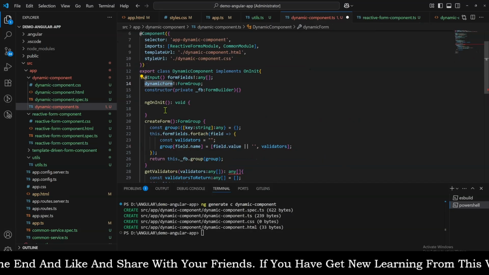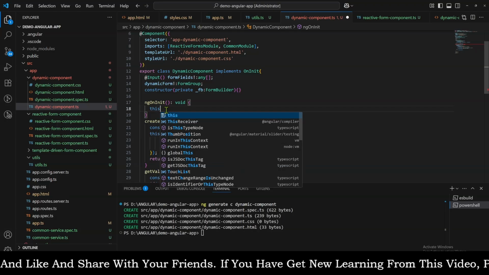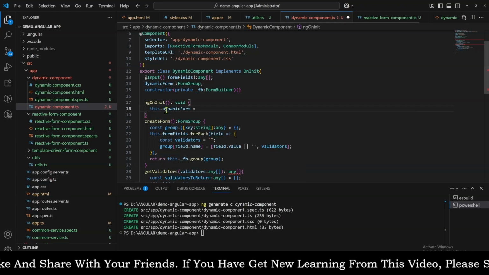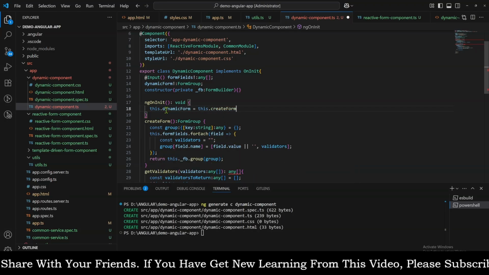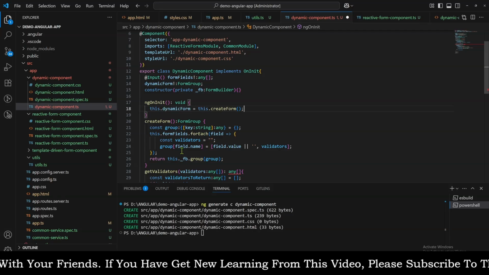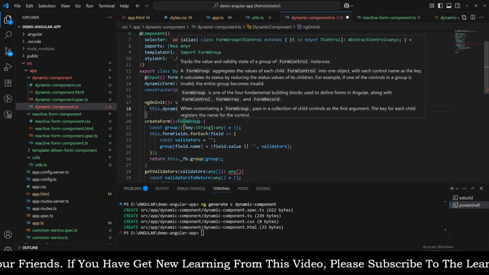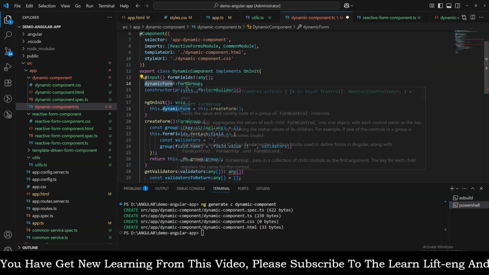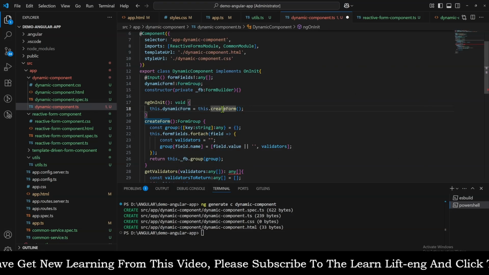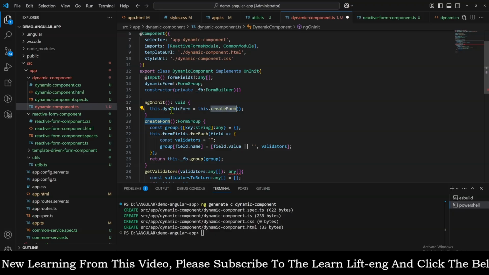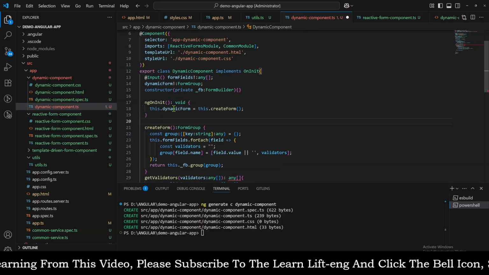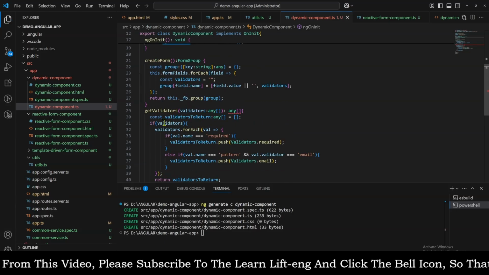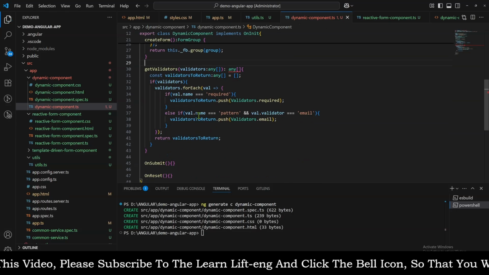Now we need to assign that object to this variable: dynamic form is equal to this dot create form, like this. So whatever it is returning, it is returning a form group at the end, and we have a variable of type form group. So that's the reason we have assigned whatever it is returning to the dynamic form. So this is nothing but a type of form group. Now we do have validators,